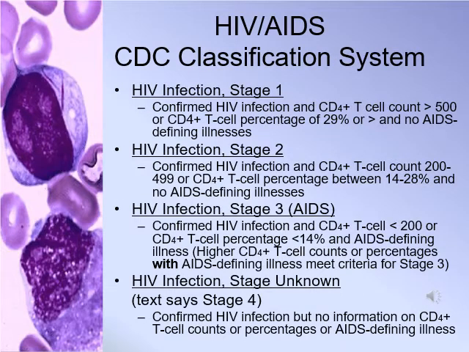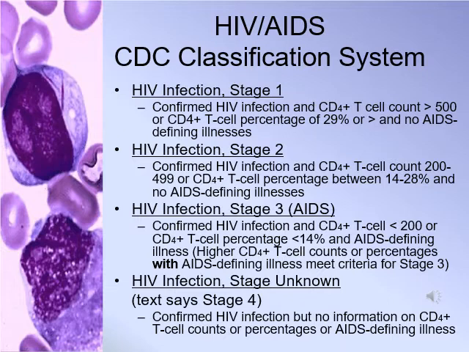So here you can see the HIV and AIDS CDC, Centers for Disease Control classification system. There are 4 stages, but Stage 1 is the HIV infection. This is confirmed. The T cell count still is greater than 500 at this point in time. There are no AIDS defining illnesses as far as criteria. Typically in Stage 1, a patient would be clinically asymptomatic, feels well, no symptoms, may not have any idea that